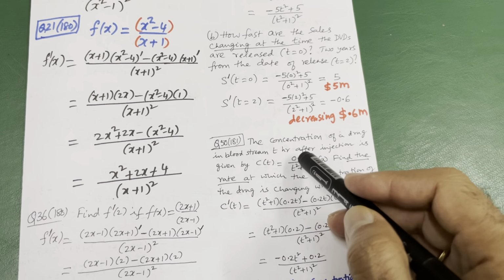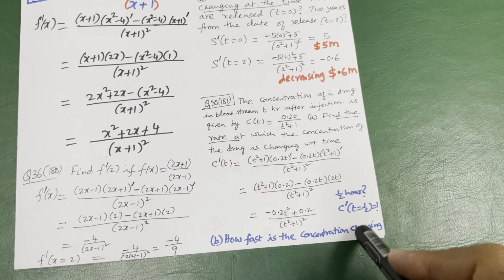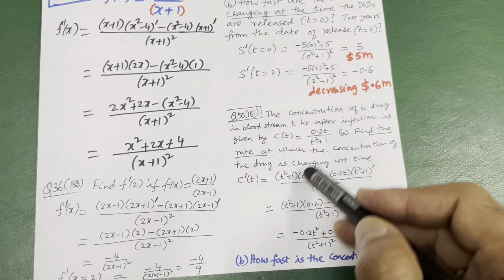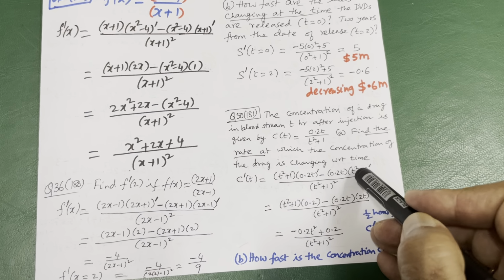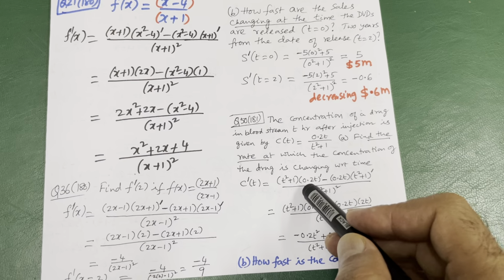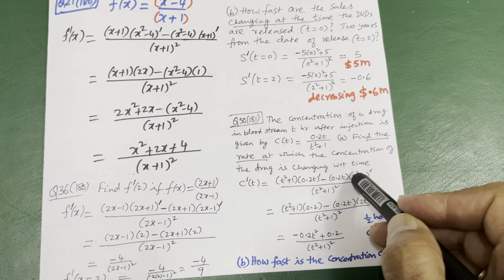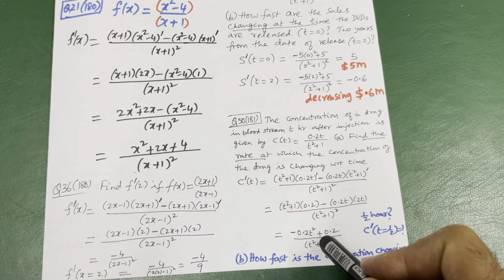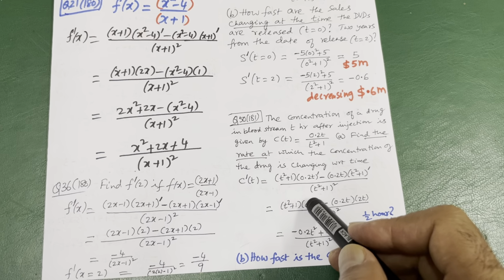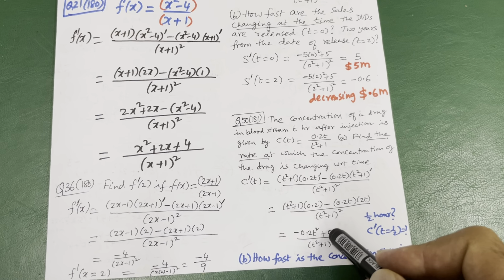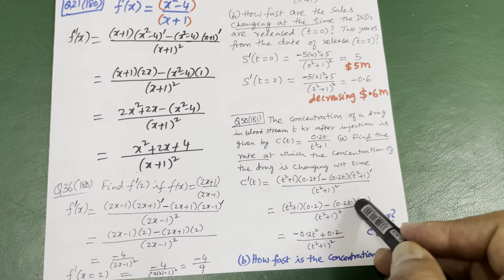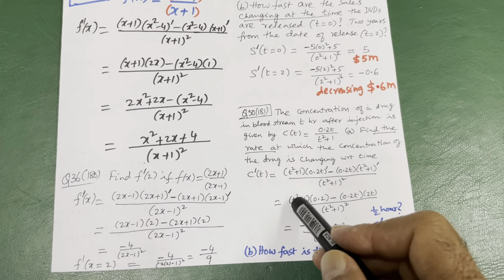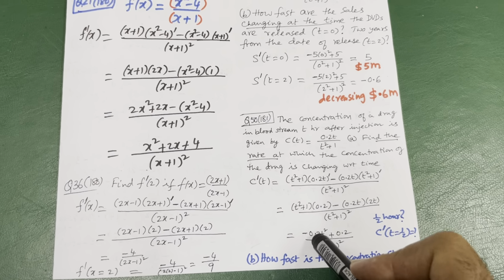I repeat, any English problem, simply find the derivative, put the value, that's the only thing. So how to find the derivative here? t square plus 1, down multiply up derivative minus up multiply down derivative by down square. So when you simplify, this is 0.2t minus 0.2t into t square plus 1 derivative is 2t. On simplification you get this one. Be careful in doing this, don't make any mistakes. 0.2 multiply t square is 0.2 t square, 0.2 multiply 1 is 0.2, and minus 0.4 t square plus 0.2, minus 0.4 is minus 0.2 t square. This t square and this t square subtract, you get minus 0.2.